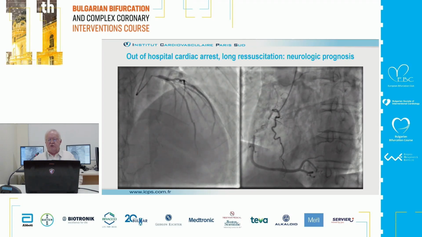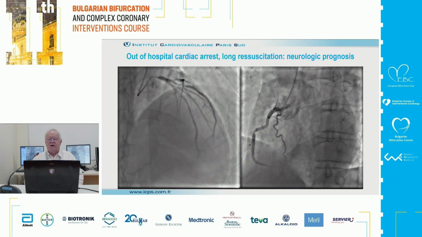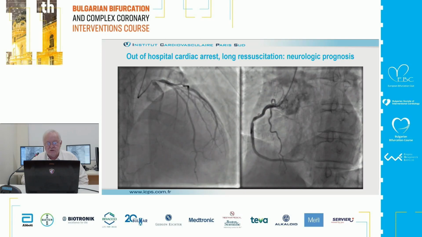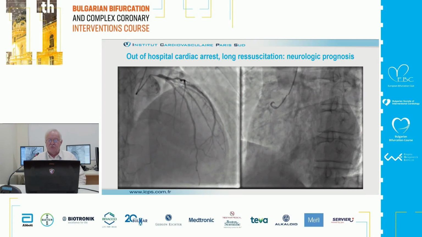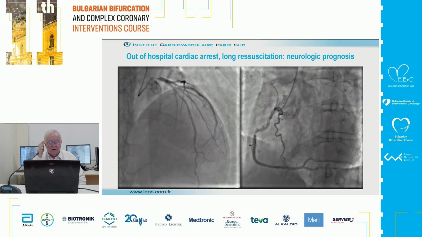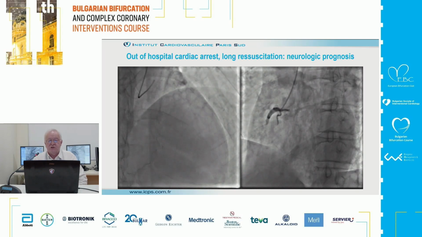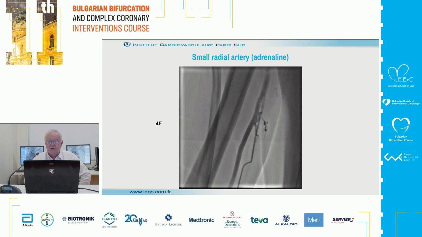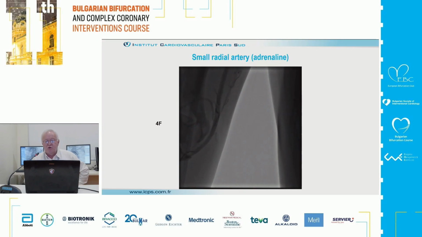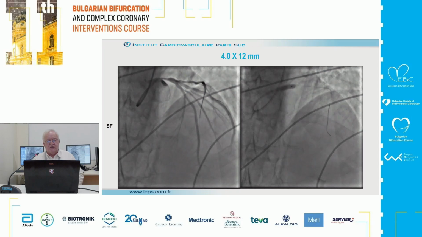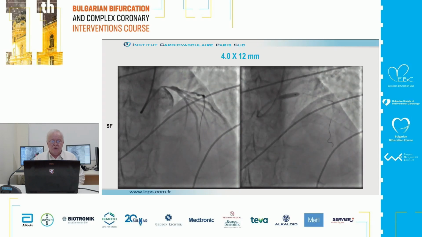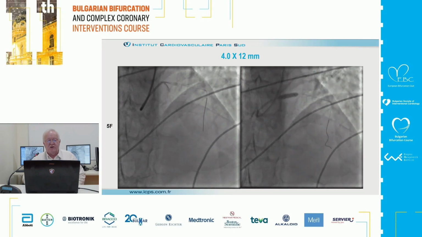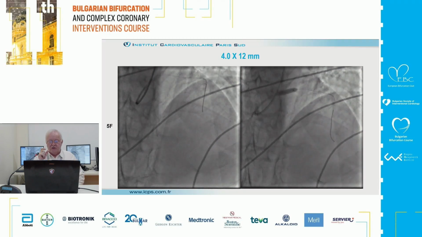This patient was a young man. He had a cardiac arrest out of hospital. Resuscitation was quite long, and we were really concerned about the brain of this patient. So, of course, he received adrenaline. The radial was small, so I used a 5 French. And I decided, despite the lesion you see here on the intermediate, on the circumflex, to do a